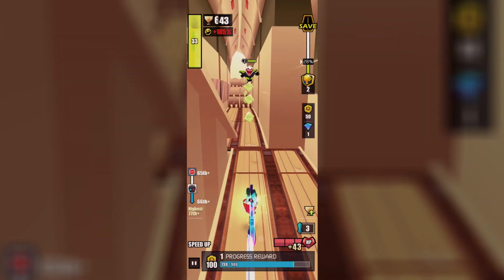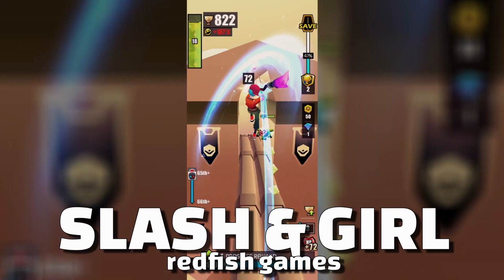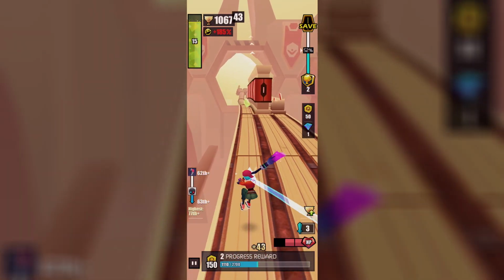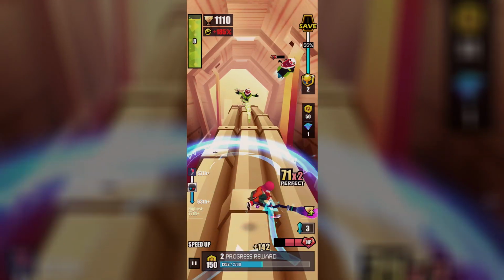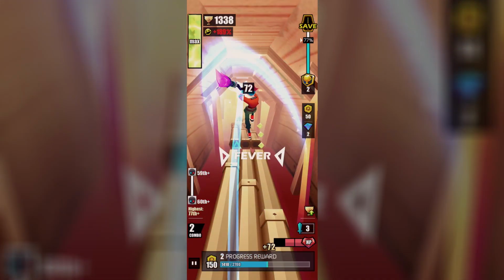Now, today's next game, Slash & Girl, despite its weird name, is a fresh take on the endless runner genre on mobile, and it mixes Blades of Brim-like world design with a ton of cosmetic items and then some sort of RPG-like progression system. As we run forward through the endless world, we swipe up, down, left and right to